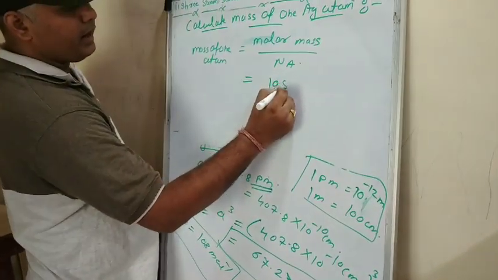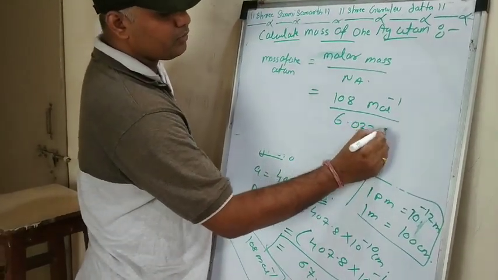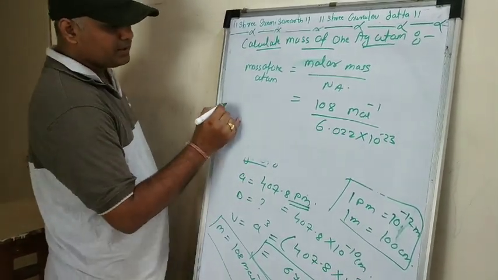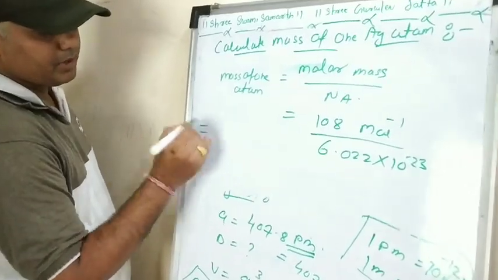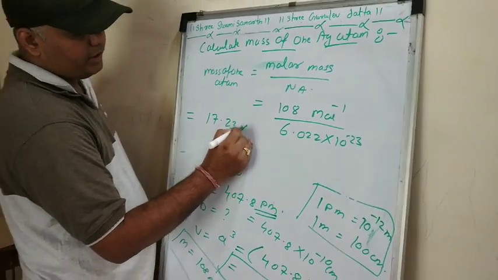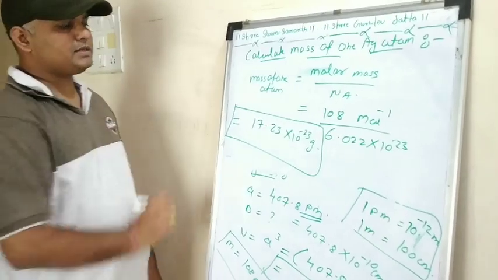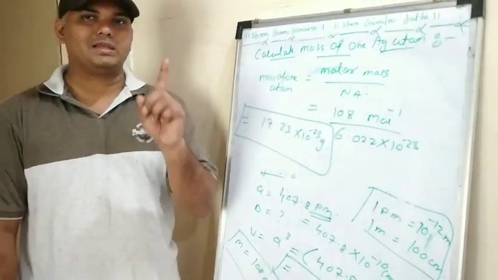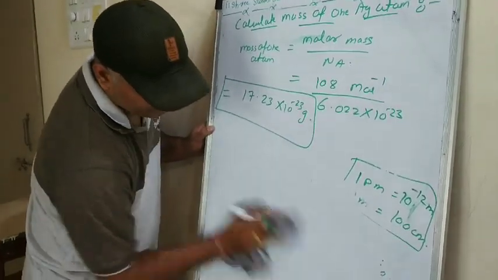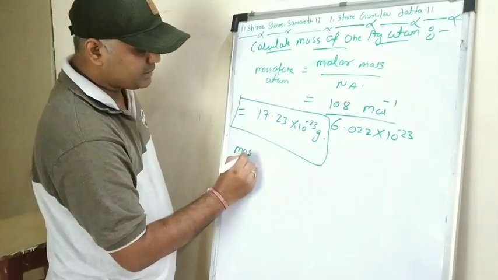So it will be 108 per mole divided by Avogadro's number, we all know, 6 into 10 raised to 23, right, particles. So in this case the value should be something 17.23 into 10 raised to minus 23 in grams, right? So this is the value obtained for the mass of 1 silver atom. Okay, now we'll calculate the mass of a unit cell. How to calculate the mass of a unit cell